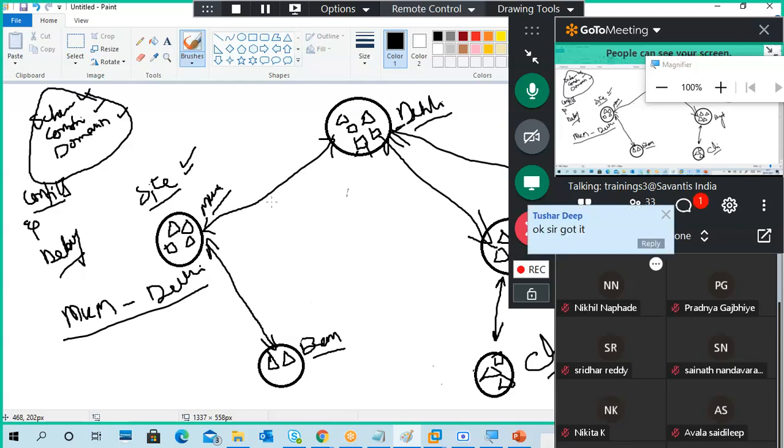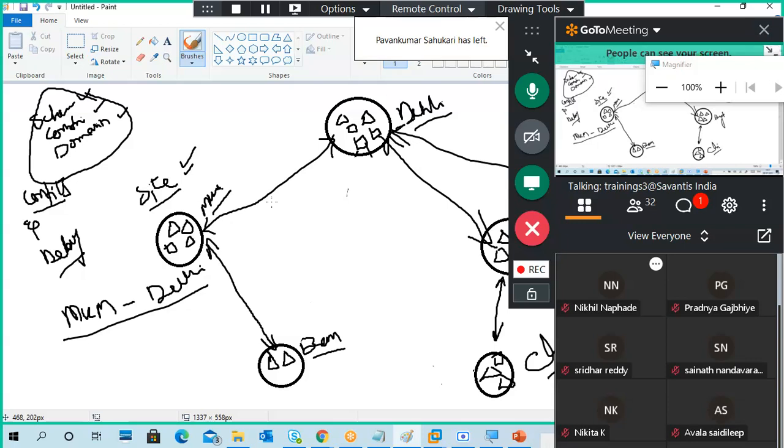Okay, Hyderabad has an additional domain controller, Bangalore has another additional domain controller. So when a new user is added or schema changes occur, the information will be replicated. For example, I'll take some names from here, like Nikhil joins in Delhi. Okay, Urvi is also there now, so Urvi also joins in Delhi.